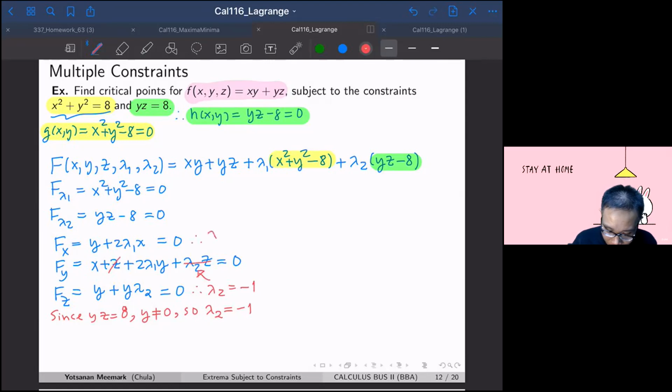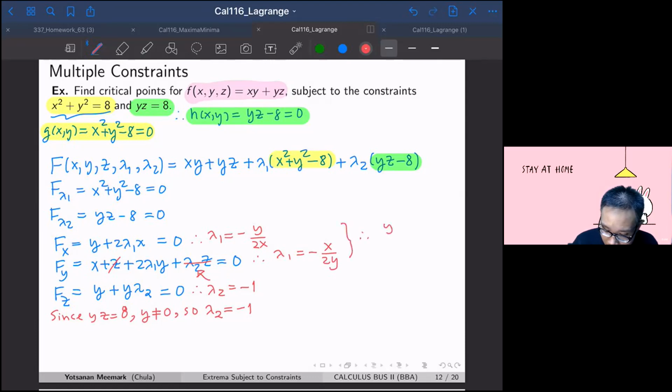Lambda 1 equal to negative y over 2x, and from the other equation, lambda 1 will be negative x over 2y, okay? So you see that both give you lambda 1, and this turned out to give you